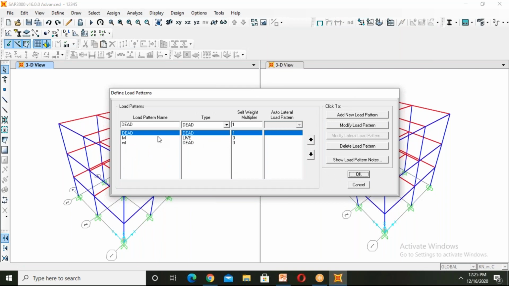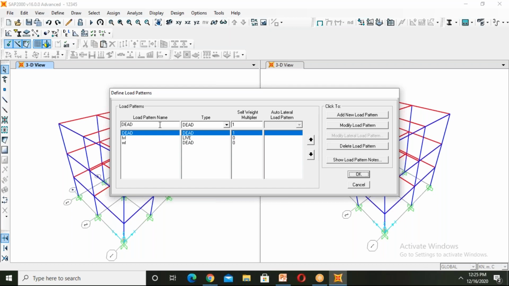We will give IS codes only for lateral loads, not for dead load, live load, or what we are giving like floor finishes and wall load. Those loads we should first see in the IS code, because they vary. For a residential building, the live load will vary based upon the occupancy of the building. So the software can't take it; we have to give our live load and dead load in the assign section.